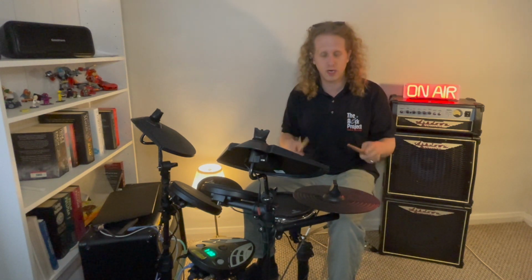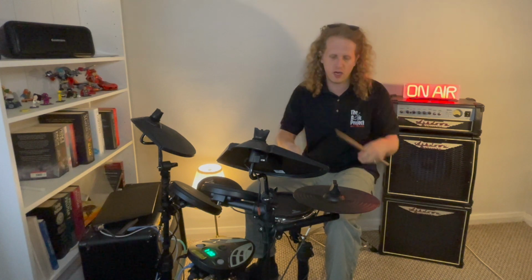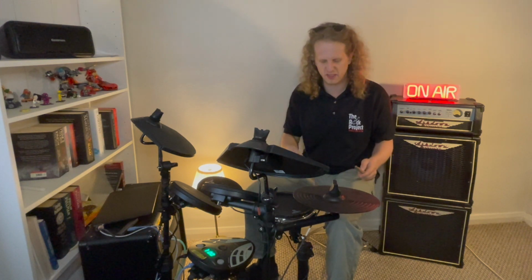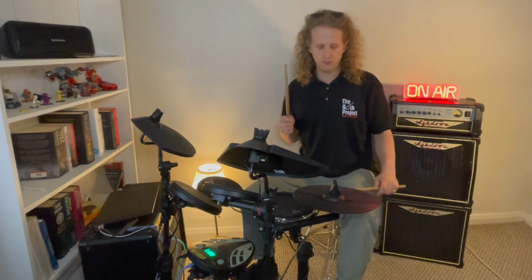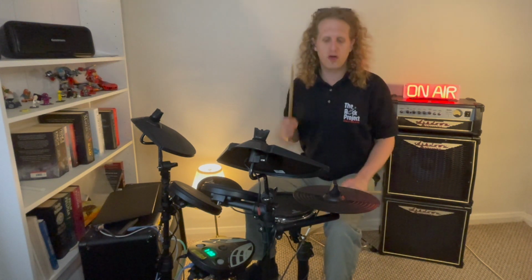If you get onto a real hi-hat, you can sort of half open, half close it, and you get that really nice sound, and there is no real option to do that here. So while this is going on with the foot on the pedal, and the right hand on the hi-hat,